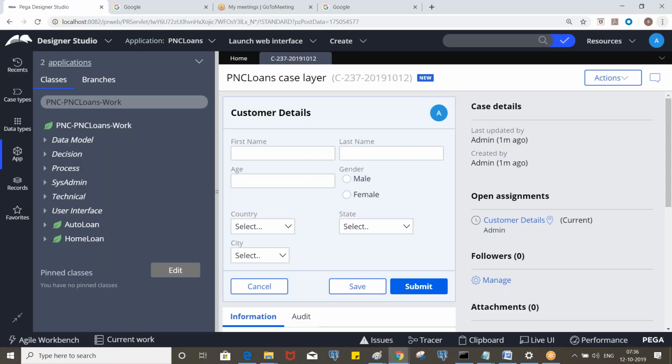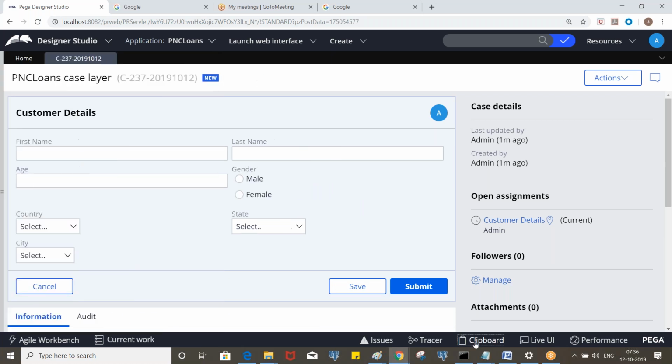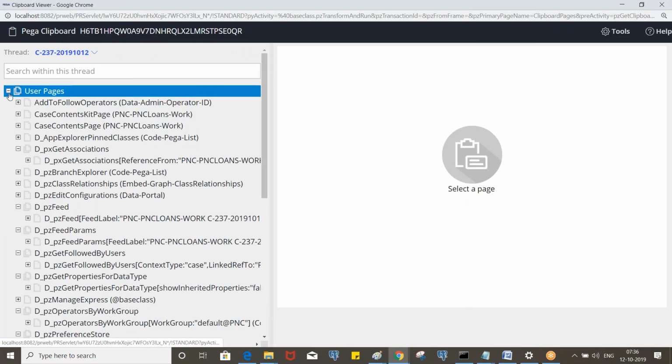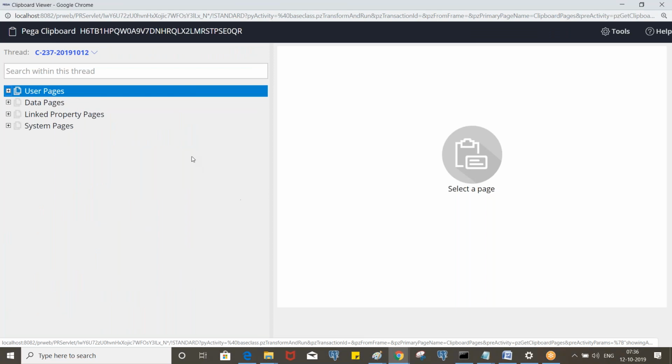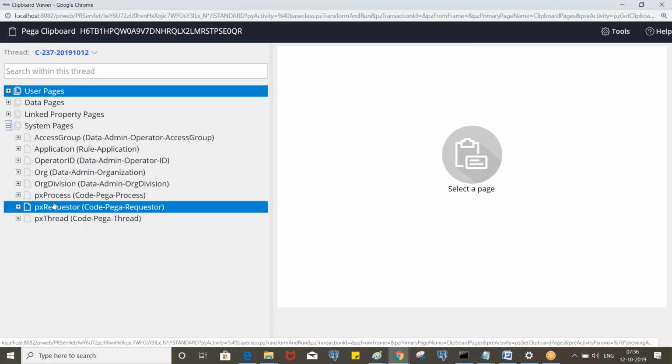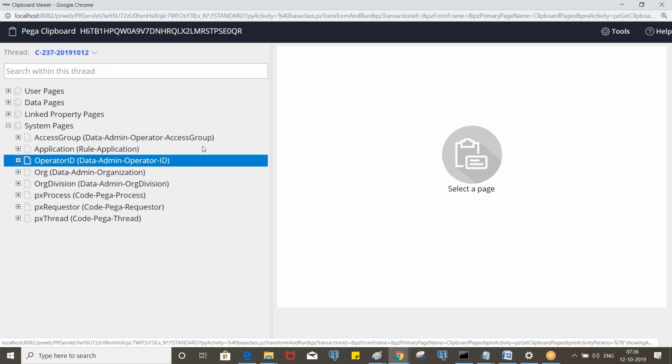Similarly, all operators belong to some class. If we create something here, that will be stored in a database table, right? Obviously, that means in PRPC we will have a corresponding class. If you see the current operator, this operator also belongs to some class.